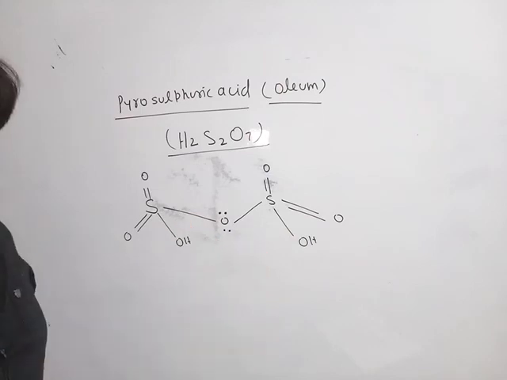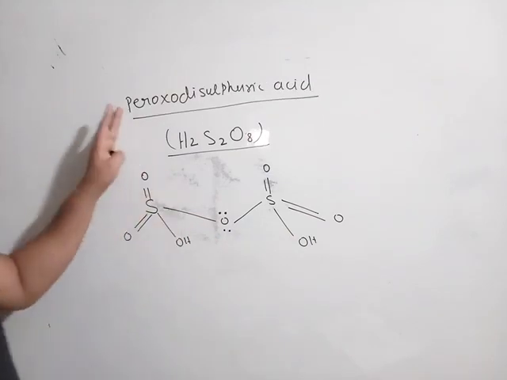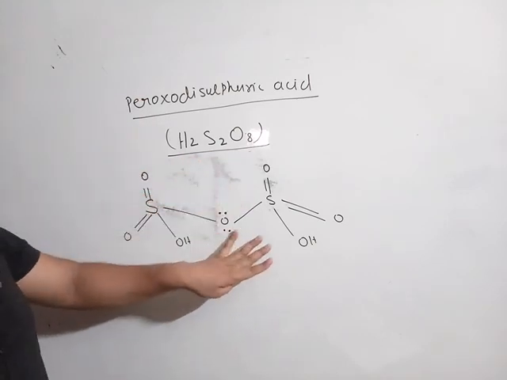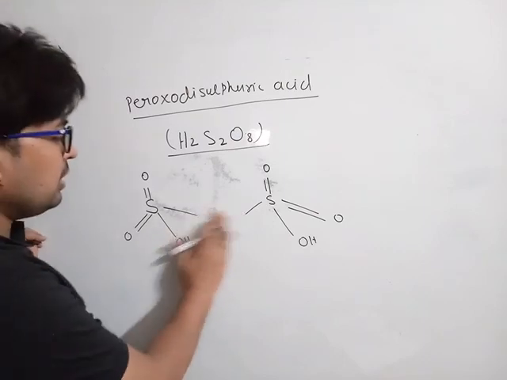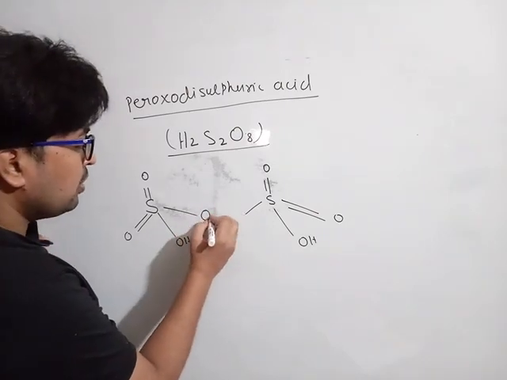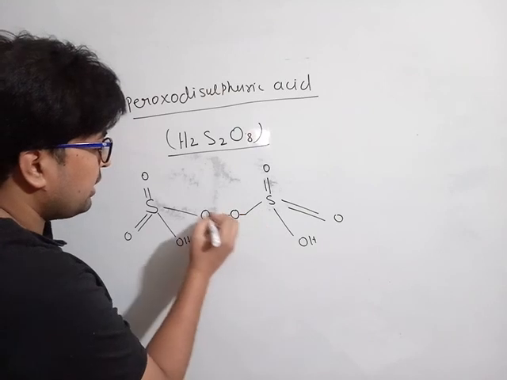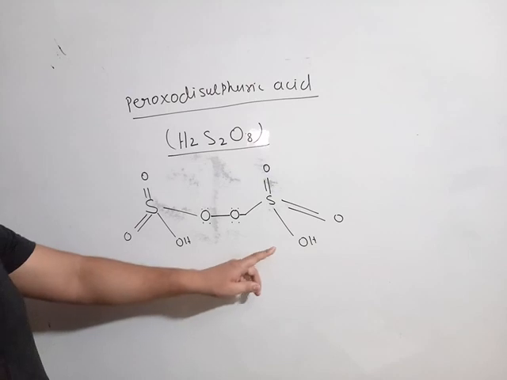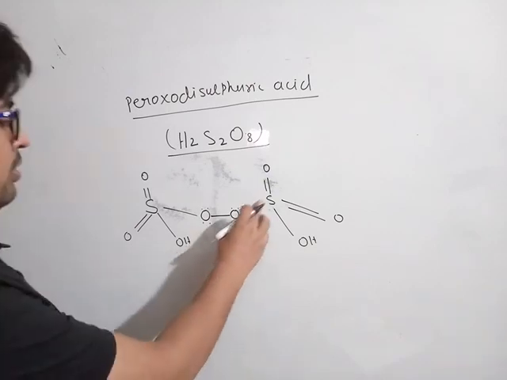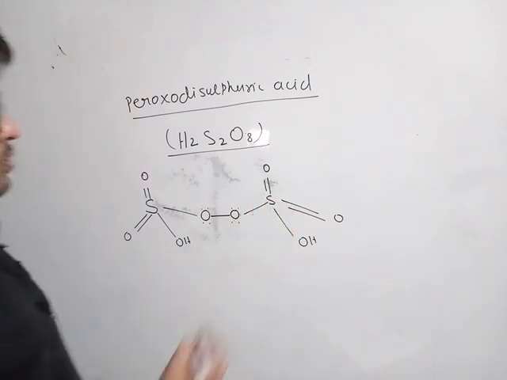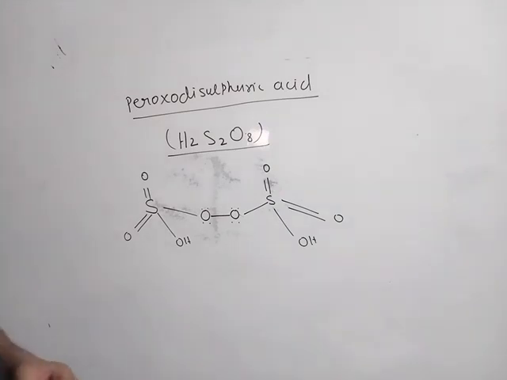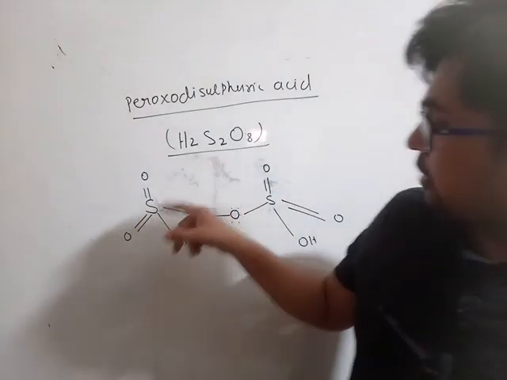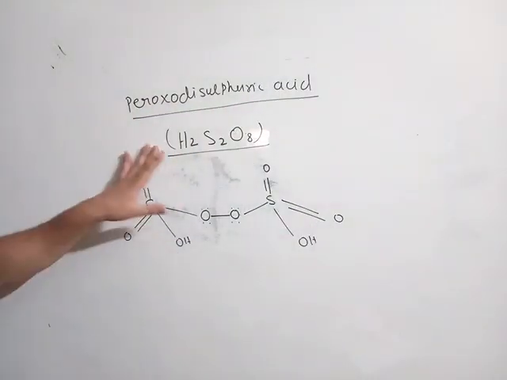The last part is peroxydisulfuric acid, that is H2S2O8. You have to memorize the structure of H2S2O7, that is oleum. What we'll do here is it will have a peroxide linkage of O at that point. So that will be the structure of S2O8. I hope you all understand this part, and in the next class we'll start from group 16 elements, with the reactions and all.